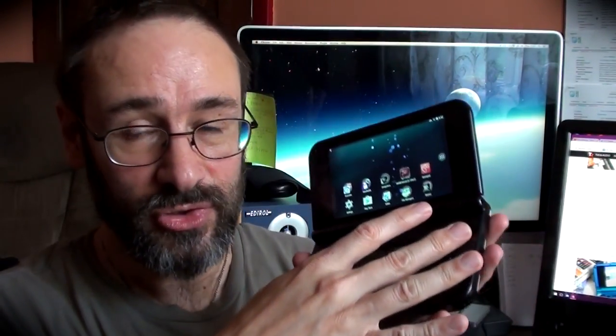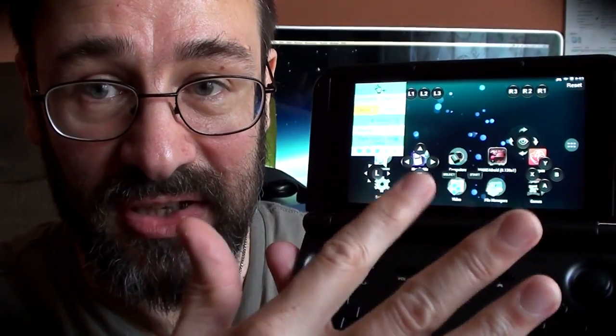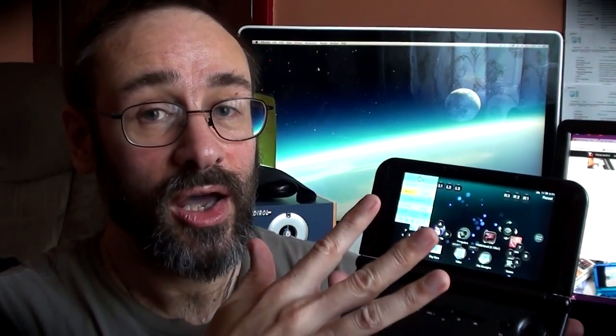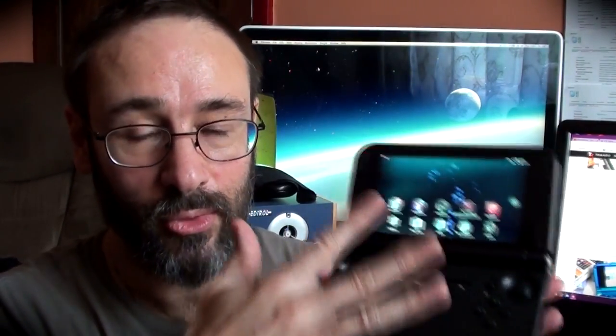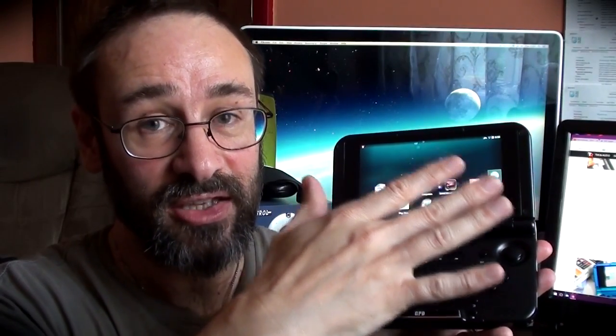What that does, a lot of Android games, and indeed emulators, were designed to run on tablets and phones, and so they have touchscreen controls, which are horrible, and who really wants to use them when you've got physical controls? But frequently the software wasn't designed to use physical controls. So what you do with this is you push the button, you get your representation of say your sticks or your D-pad or whatever, and you move them onto the on-screen controls in the game, and then you hit save, make it all go away, and basically it maps these controls onto the on-screen representations in your game or emulator,